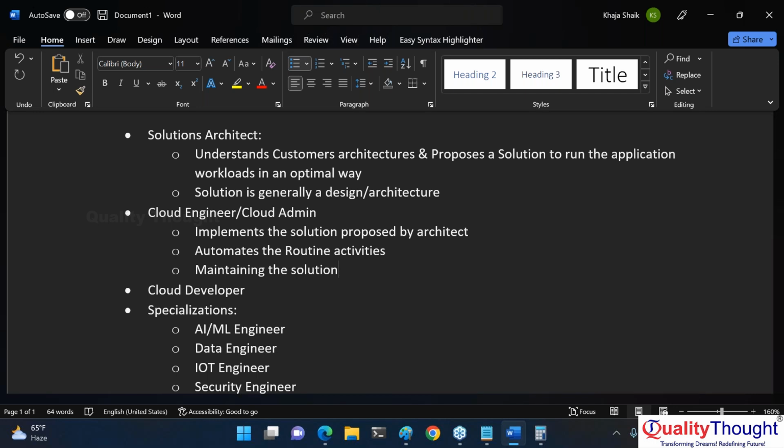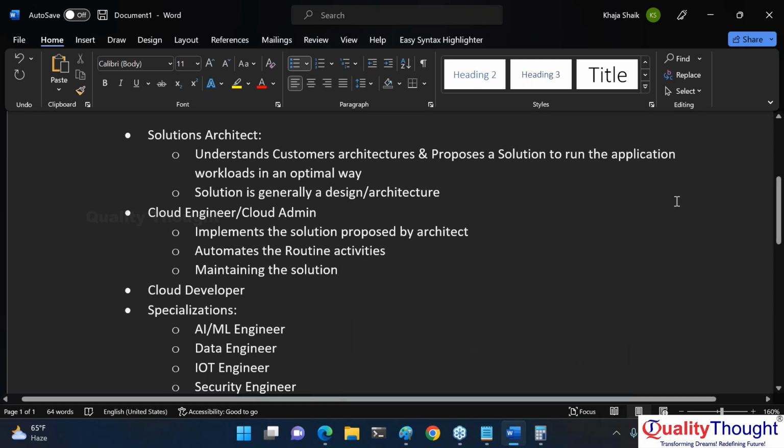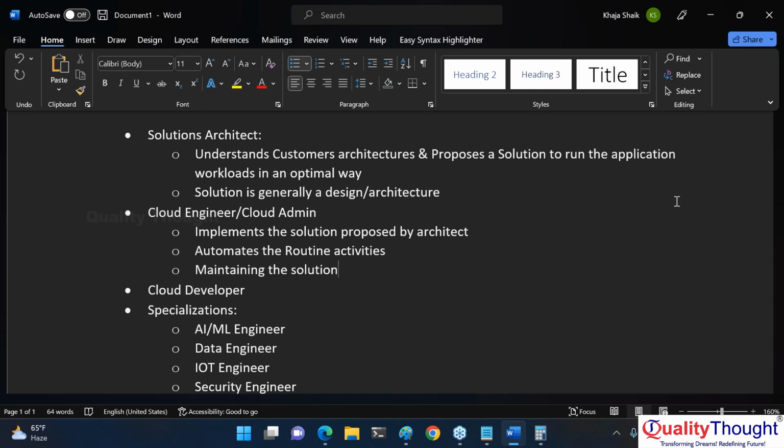Then cloud developer. Do you remember a company called Dropbox by any chance? Before Google Drive came into play, those were the company who were giving us 1 GB of free space whenever you create an account. Even today that exists. Dropbox, up to 2 years ago, used to use AWS completely. So when you are uploading any file into Dropbox, actually you are not storing in Dropbox, you are storing in AWS.